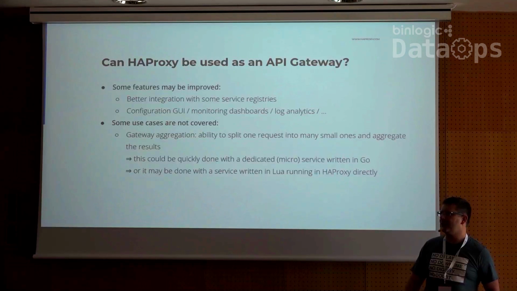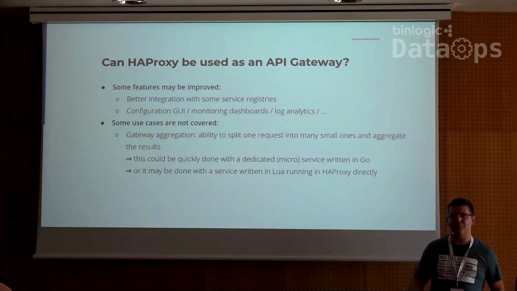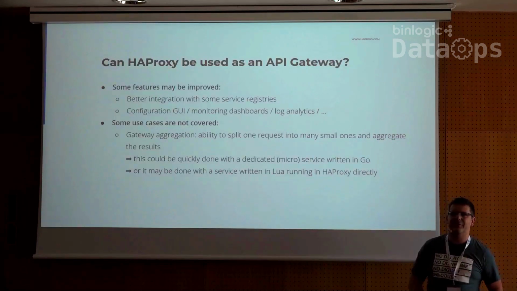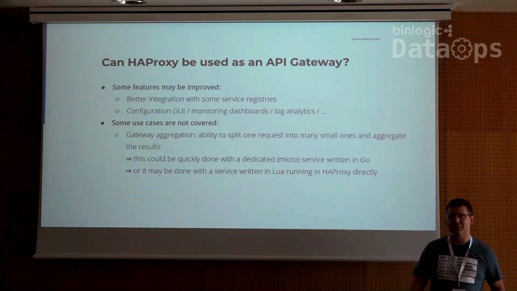We have some customers switching from very expensive API gateway products just because they can't sustain more than a few thousand queries per second. With all these configurations that I've shown you, everything enabled, you can beat the 50,000 with a single server if you need to, and even more.